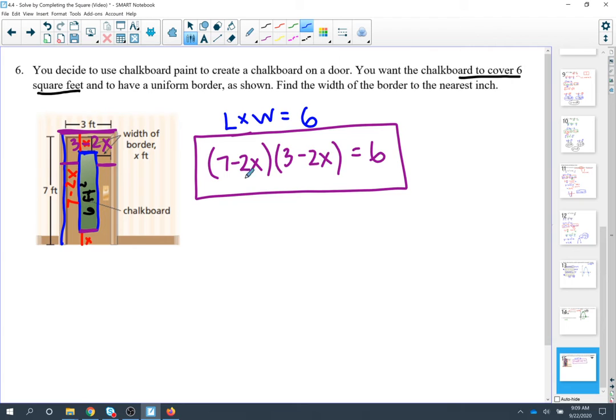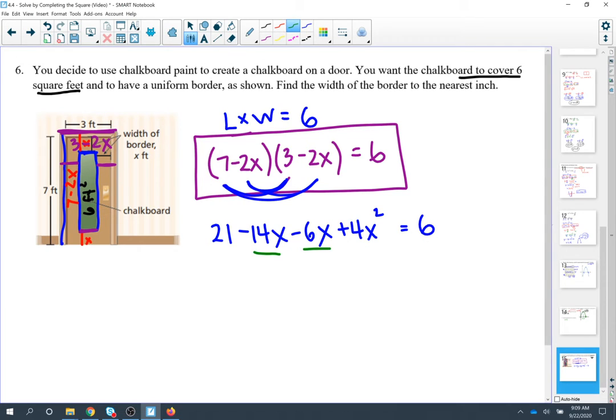If we're going to get this out of factored form, we're going to distribute. So 7 times 3 is 21. 7 times negative 2x is negative 14x. Negative 2 times 3 is negative 6x. Negative 2x times negative 2x is positive 4x squared, equals 6. Then I'm going to combine like terms. So I have a negative 14x and a negative 6x. So 21 minus 20x plus 4x squared